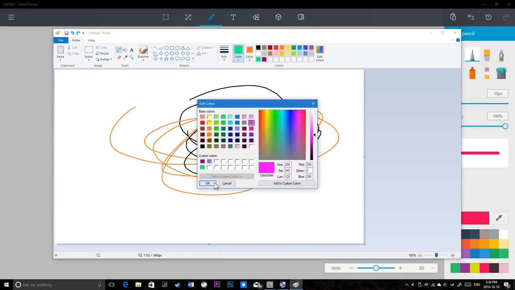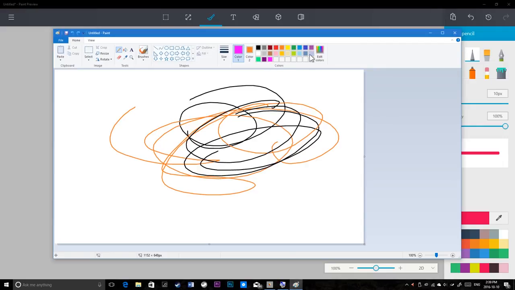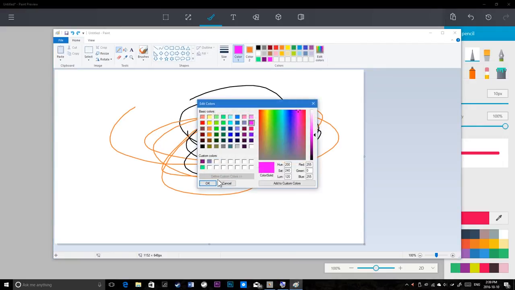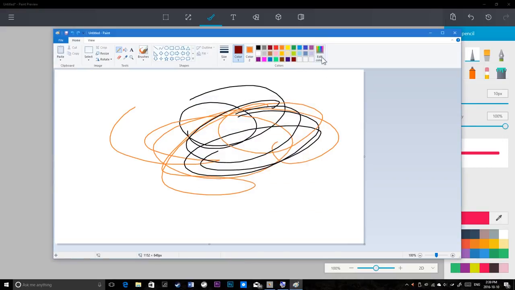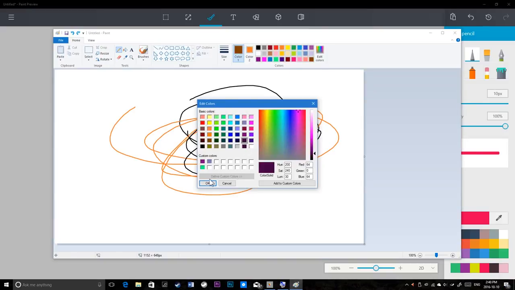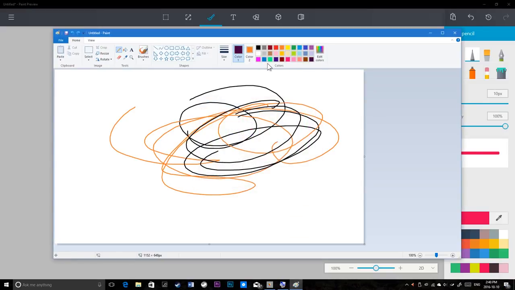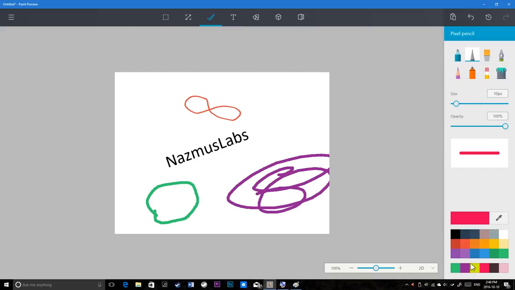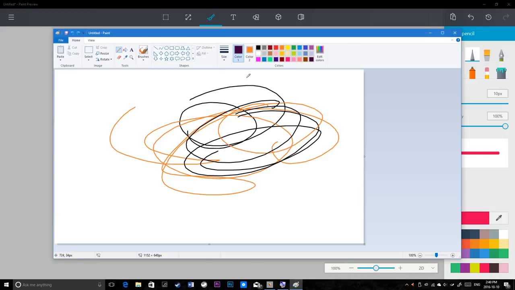So yeah, it keeps adding more and more. So what if I keep adding colors? So at the end it just replaces. Oh, it just scrolls and you lose the first one. So that's very nice. Can't do that here. You have less color palettes to add custom colors to, and once you fill it up, you're screwed. So there you go. Also, another nice feature is, unfortunately the undo is gone, but